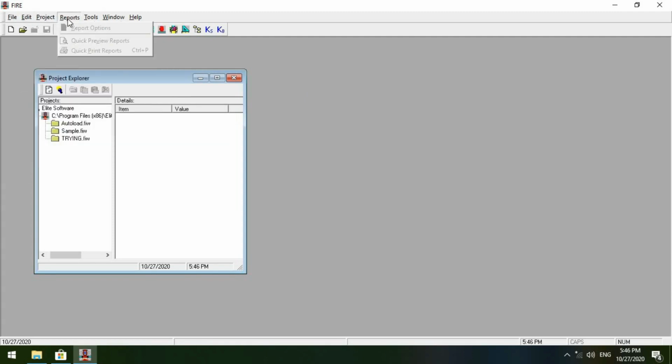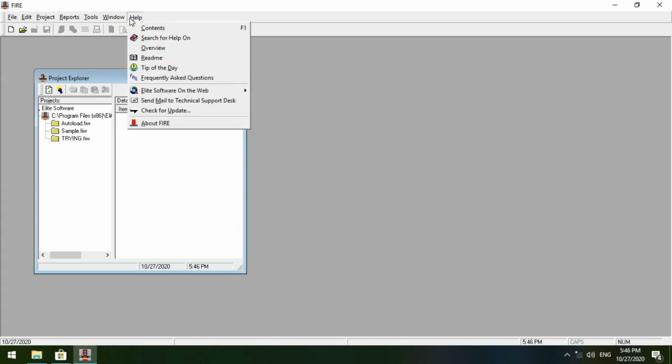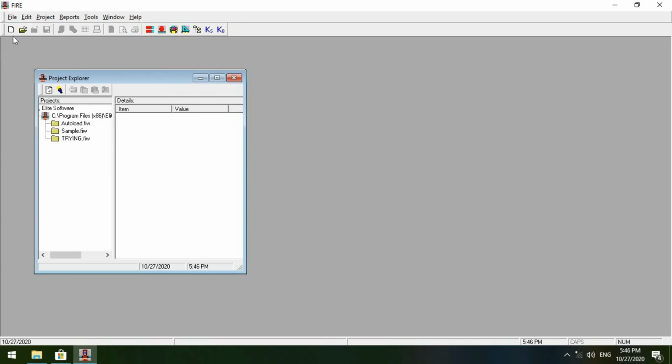Likewise, we also have the toolbar, which is directly beneath the menu bar. So we have the new, open, close, save, general project data, enter, edit, which I will soon elucidate the entire